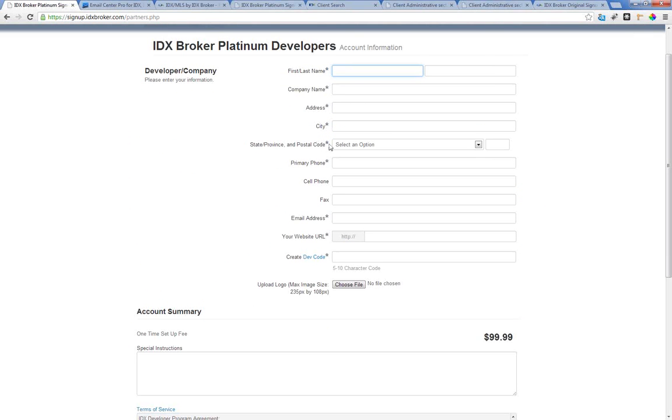Basic contact information is what we're going to expect from you when you initially sign up as a developer partner. But there's also a couple of unique items on this sign-up form. The dev code is not really self-explanatory. It's not necessarily the most intuitive item, but it's a 5 to 10 character code that we expect you guys